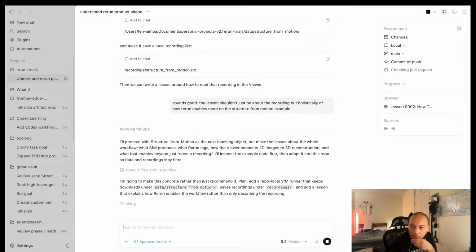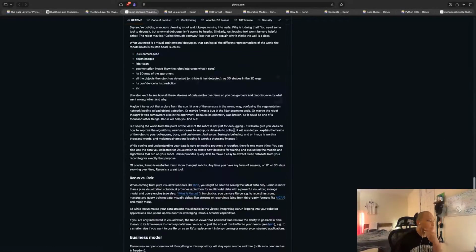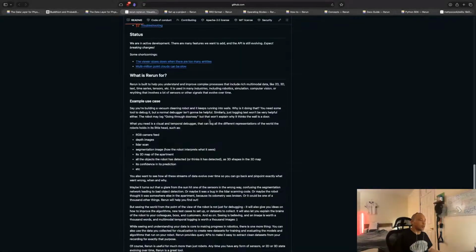Right, let me stop sharing and just look at the code base myself. So you have example use cases. Here you're building a vacuum cleaning robot and it keeps running into walls. Why is it doing that? You need some tool to debug it, but a normal debugger isn't going to be helpful. Similarly, just logging text won't be very helpful either.